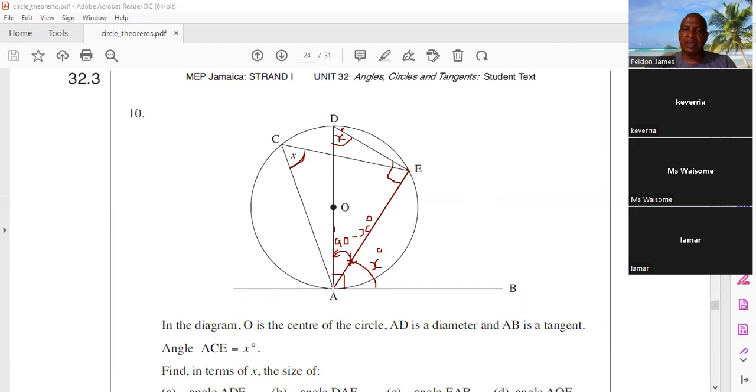So it's from A to O and then to E. So what is the angle at O? That's what they're asking. Remember, what kind of triangle is that? Isosceles, sir. Right. So if that's an isosceles, that means this angle up here is going to be 90 minus x